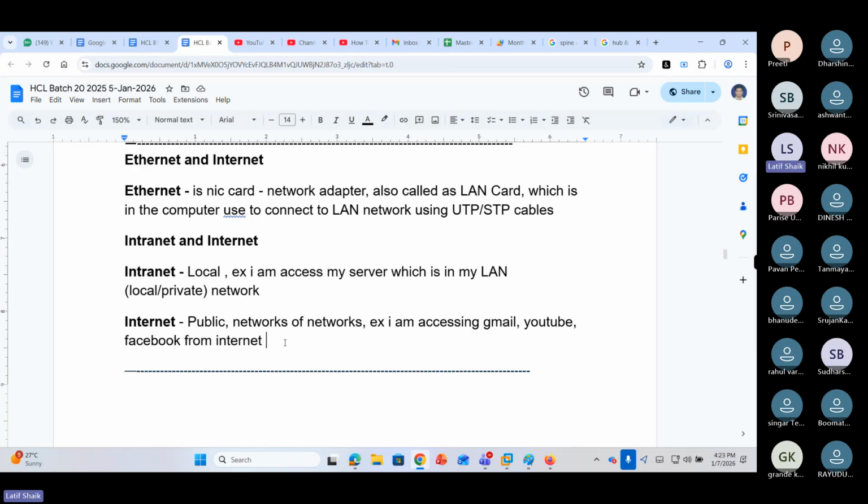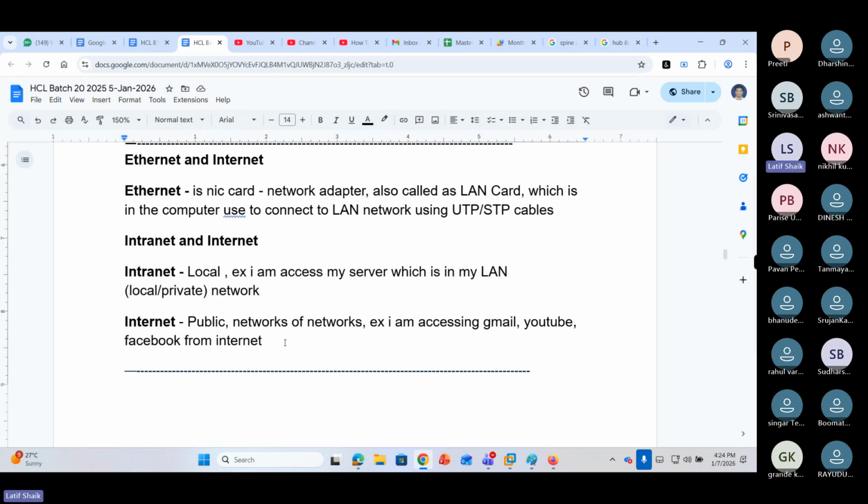Private network means in your home or office, you have devices that are connected and communicating, sharing information, data, resources like storage space, web or mail communication within your organization. That is your private network.